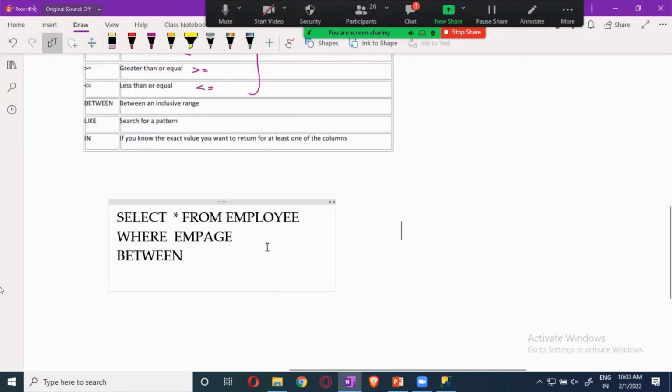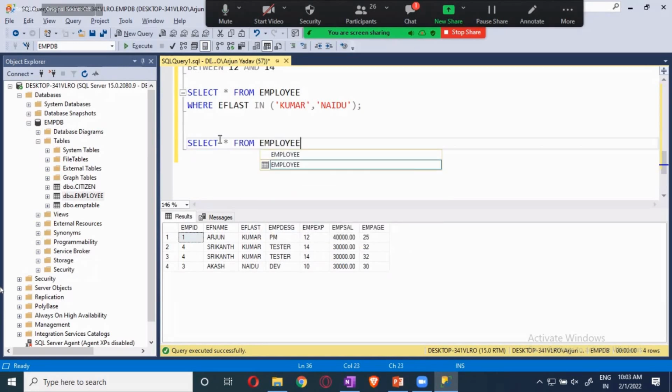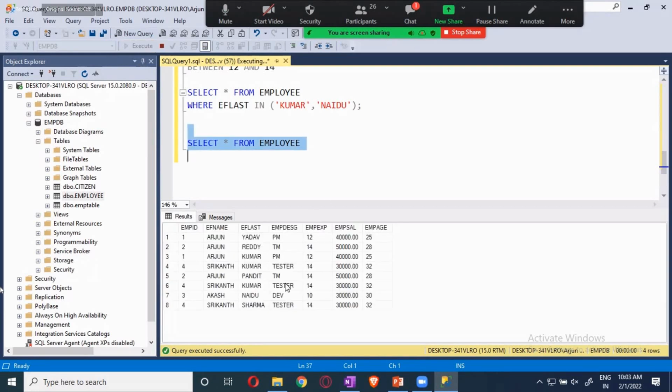Now let me show you a simple example over here. I'm having SELECT * FROM employee. Now see this, I'm running it. I got this data.